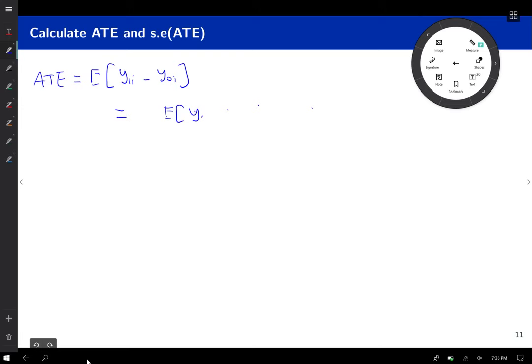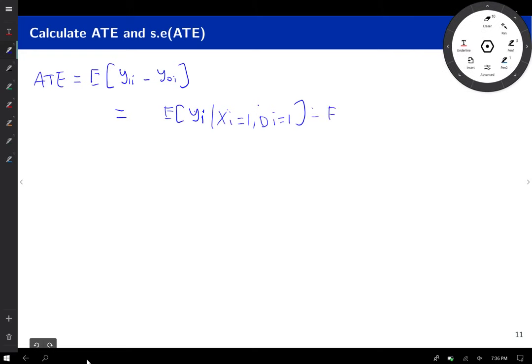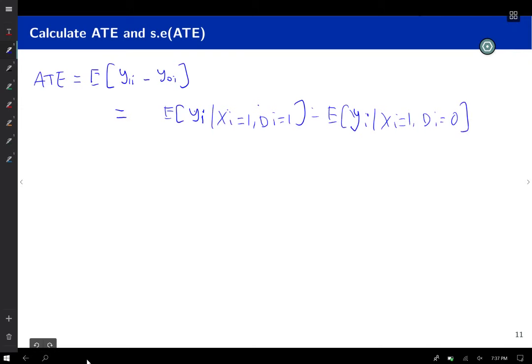So we're going to get the expectation of Yi given Xi equals 1 and Di equals 1, so let's start with the married population, minus the expectation of Yi. Again, match like for like, so we're going to compare married but now people that didn't have the treatment. So this is the treatment effect within the married population, and we're going to weight that by the probability that Xi equals 1,